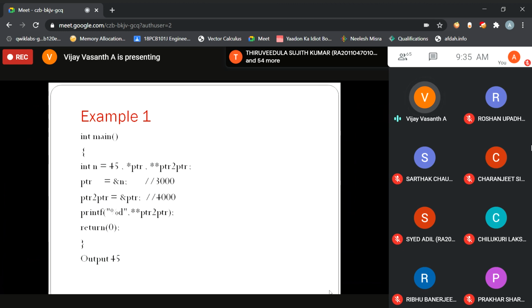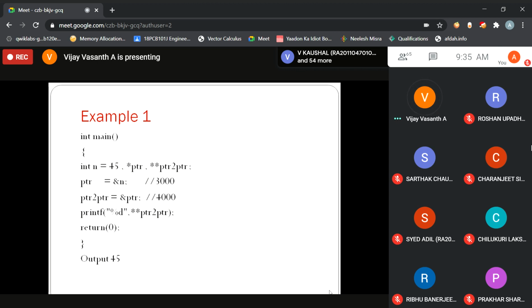Here we are given two pointers. What is the nature of the pointer? Integer. Very good. A pointer is an integer, a double pointer is also an integer. The single pointer will be referencing a number, and the number contains the address.